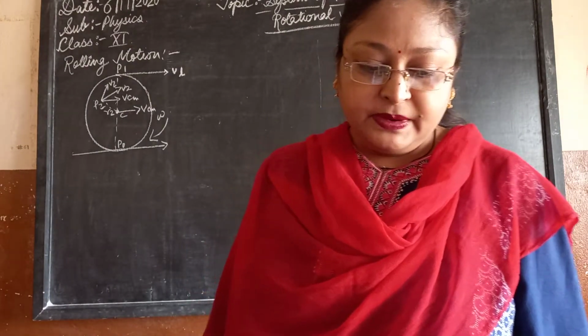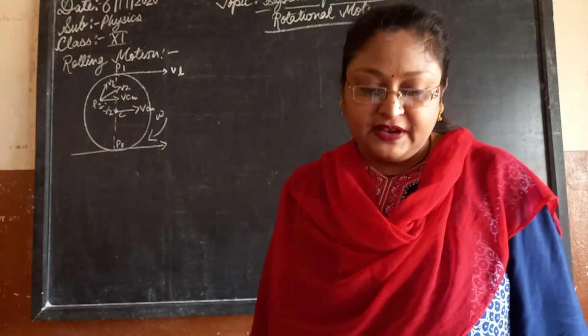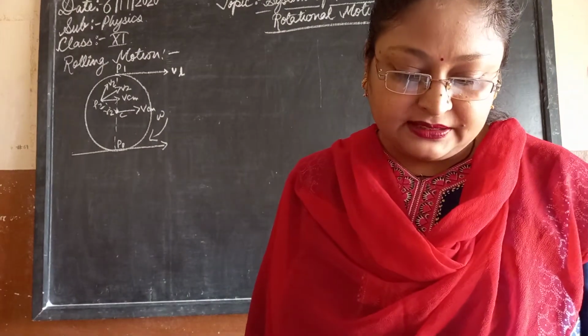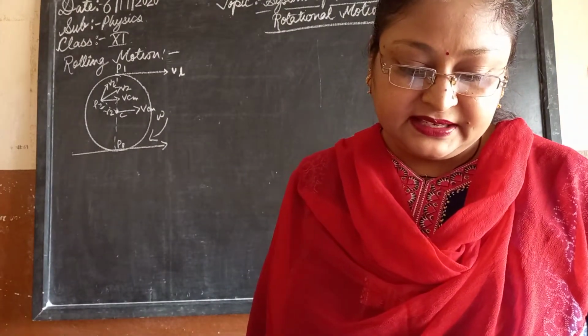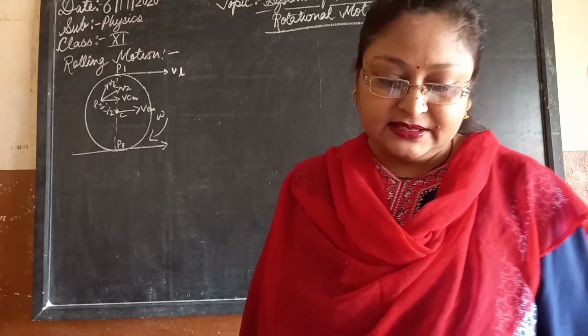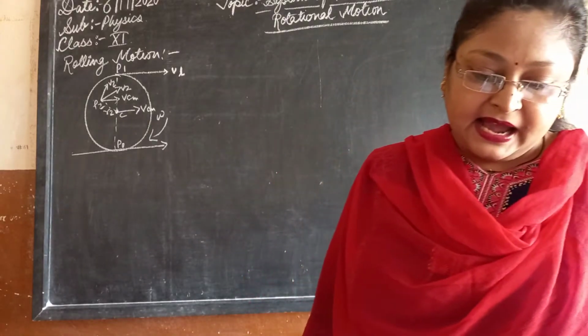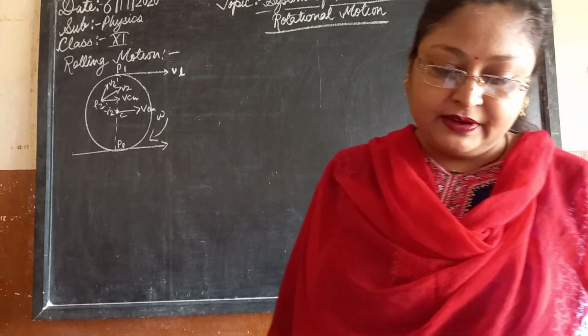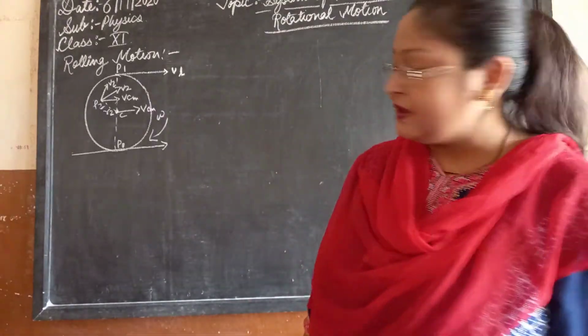Okay, so the rolling without slipping of a disc on a level surface: note that at any instant the point of contact P0 of the disc with the surface is at rest. The center of mass of the disc moves with the velocity VCM, and the disc rotates with an angular velocity omega about its axis, which passes through C, and VCM is equal to R omega, where R is the radius of the disc itself.